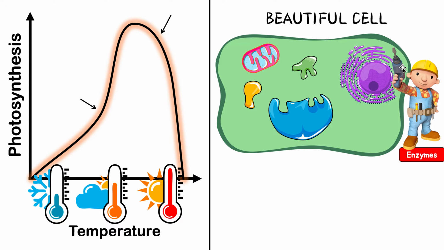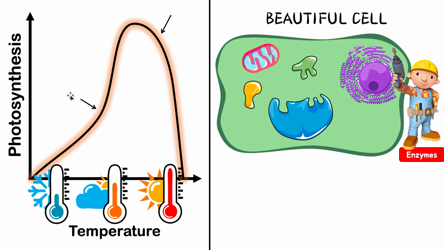Now, enzymes have an optimal temperature. Just like us humans, when we sit outside, we have a certain temperature that's just too hot for us. We're too lazy, don't want to go do anything. Then there's temperatures that are too cold for us. We're too lazy, just want to stay inside. Enzymes are the same way. They have an optimal temperature. So you can see here, for photosynthesis, this temperature here, for example, is the optimal. Any less than this is too cold. Any more than this is too hot.